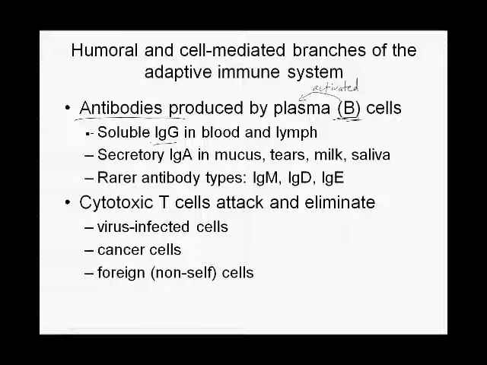The cell-mediated branch depends on killer T cells. Well, nowadays all the textbooks call them cytotoxic T cells, but I really liked it much better when they called them killer T cells. And that's what they do. Their job is to attack and eliminate the body's own cells. What? Well, it's the body's own cells that have been infected by virus, have turned cancerous, or, and this is